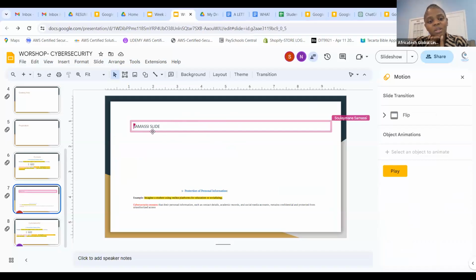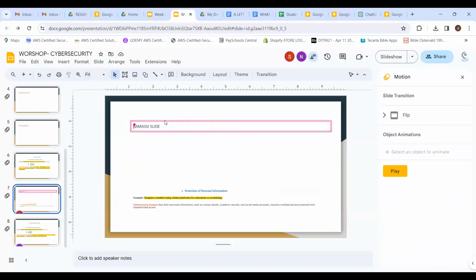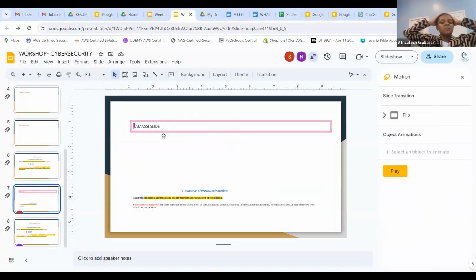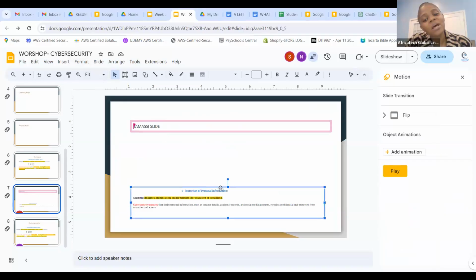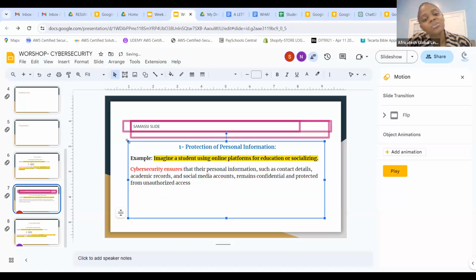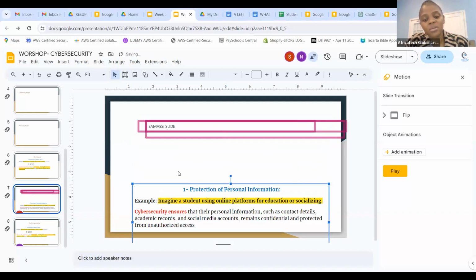You know how to put it in the middle? Yeah, I know. I'm trying to delete this. You have access, even after this call. You can just stay there and do your stuff. You still have access. Gotcha. So you can play around with that. You can increase the size of this slide. You look at how small it is. You can increase it like this, right? Or let you do it by yourself so that you can practice.